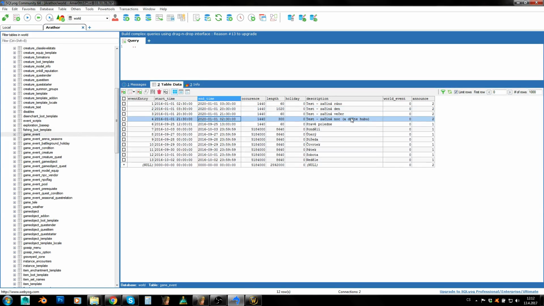If you don't know what game events are, they basically support more things. But what is the most important thing about game events is that they can spawn some game objects and creatures and so on, and they can despawn them as well. So what I've got here is morning, day, evening, and night, as you can see from the times as well. And what this does is that basically